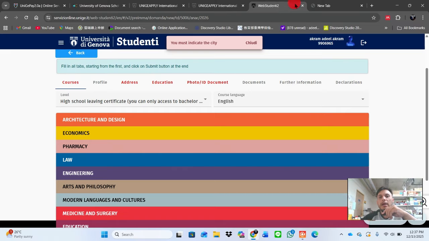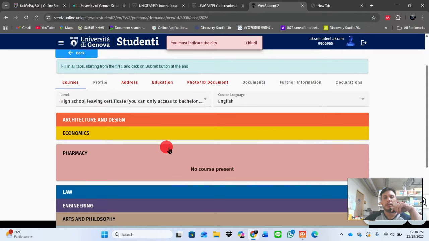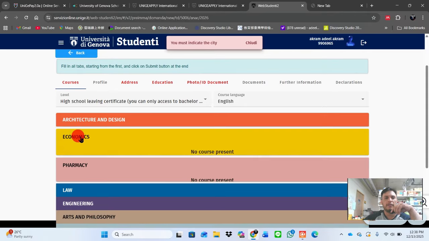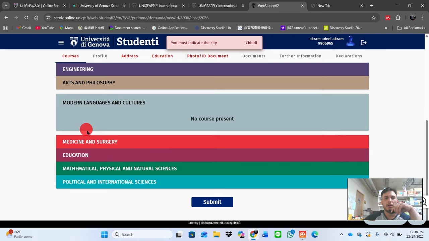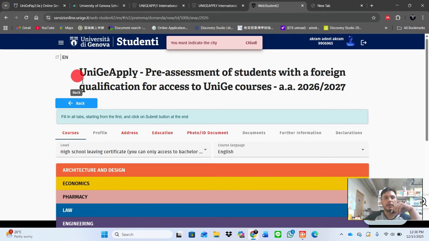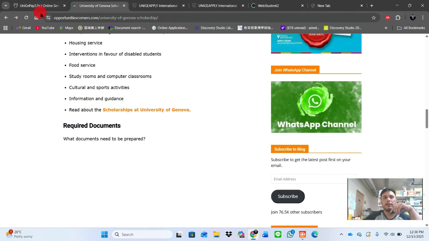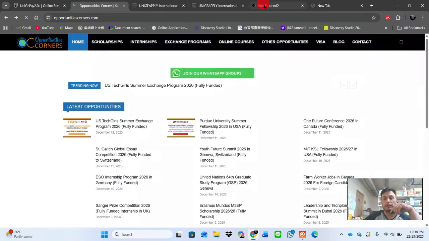After paying the fee, you have to come back to the website here, and you can choose the required program. For example, here they don't have any program in law. Maybe they have some glitch here, so I just refresh it again. After making all of the payment section, they will